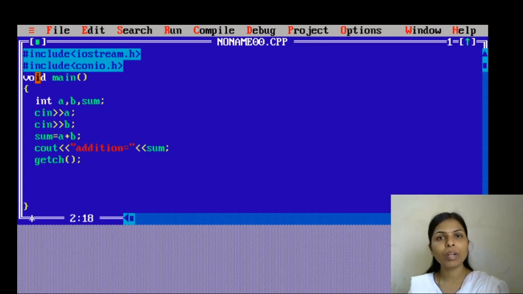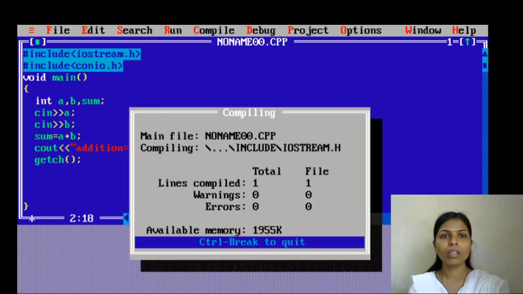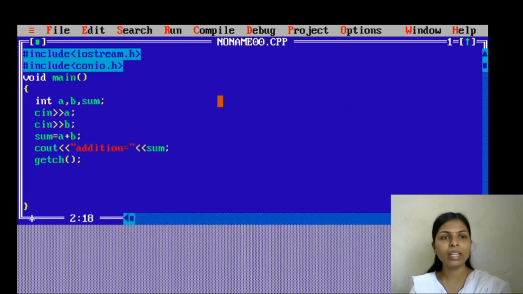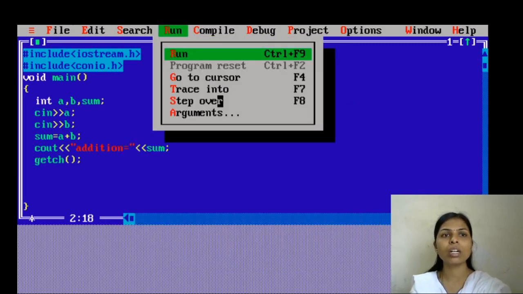After writing the program, now I have to compile this program. So you can use Alt and capital C. This red color indicates that we can use these alphabet keys, and with the help of this key we can use the Alt key from the keyboard. Now I have to compile the program. I can use Alt C. Now you can see here 0 warning, and the error also 0. Press the enter key again. Now I have to run the program. I can use Alt R and press enter key. Now you can see this is our output window.